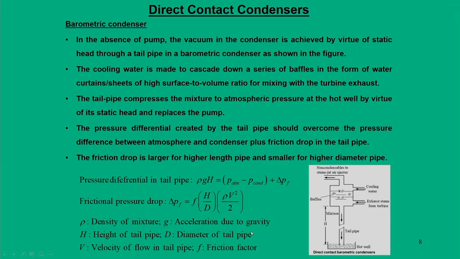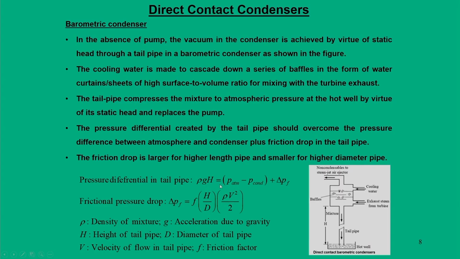Now, in order to replace this pump, people initially thought of putting in a tailpipe of a certain height, and this tailpipe tries to replace the requirement for the pump. So, the necessary pressure difference is achieved by using a tailpipe, and this tailpipe is sufficiently high, and we take advantage of the barometric height, which is h, to take care of the pressure difference, and this pressure differential, that is